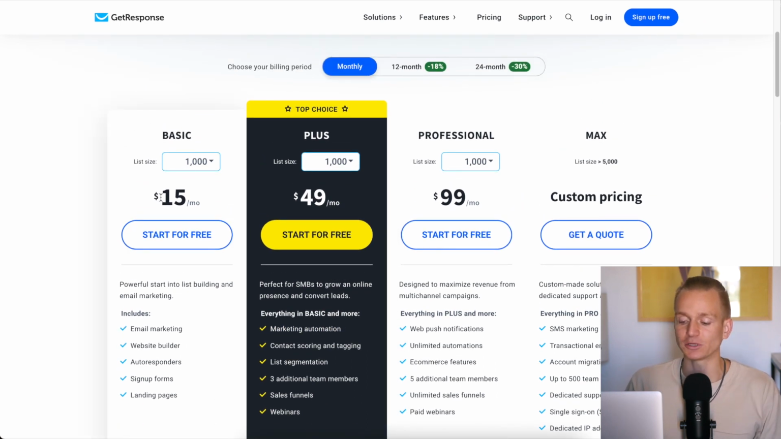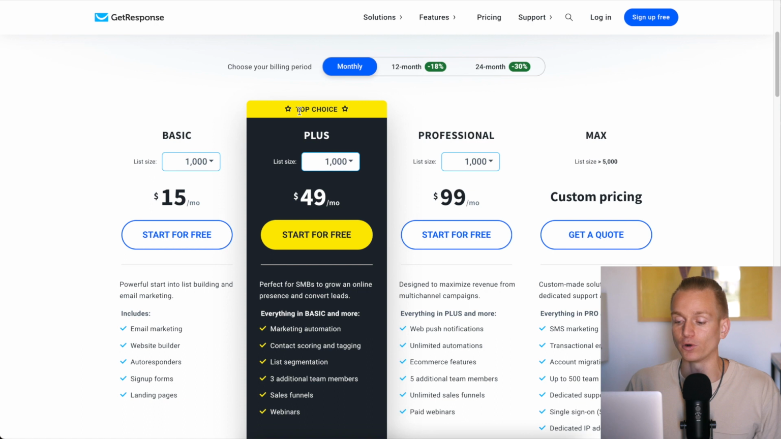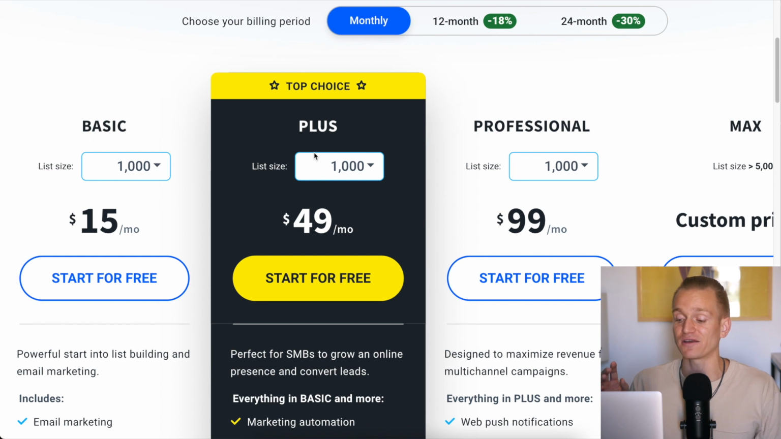And that's why it's so much cheaper. That's why it's only $15 a month, which is super cheap. But really, honestly, for most people, what I would advise is you will need to go with the Plus plan, and the Plus plan is $50 a month. So that is a lot more expensive than Mailerlite, but again, you are getting all of those additional features